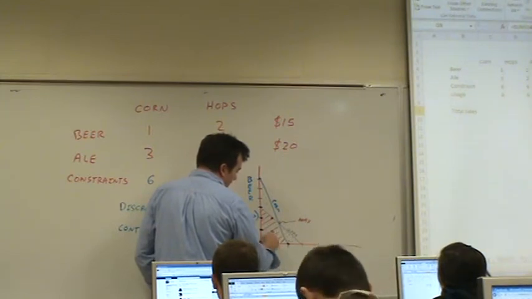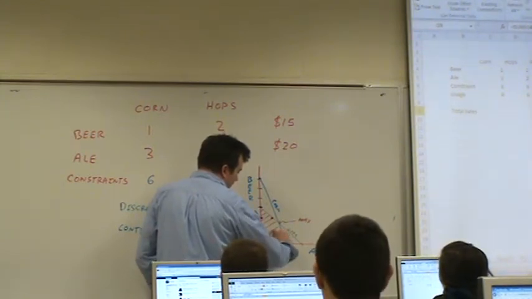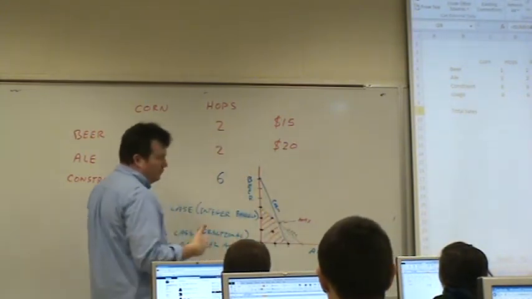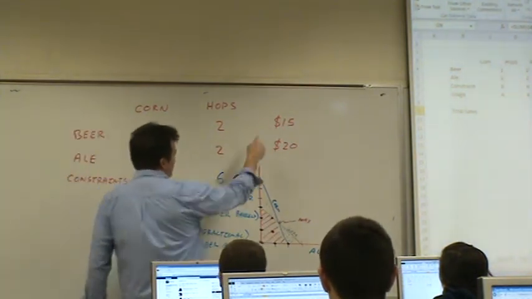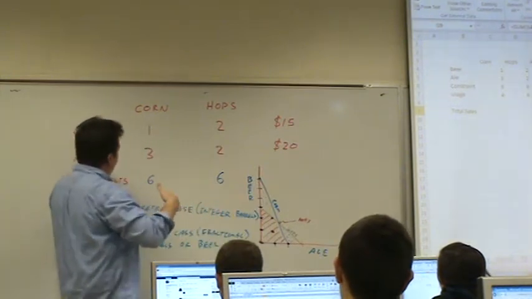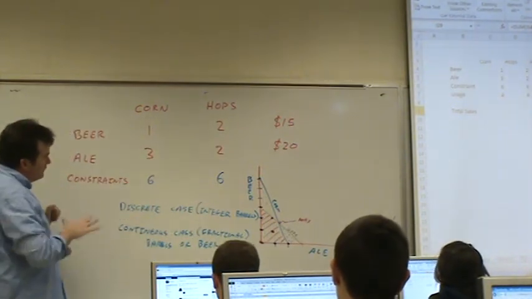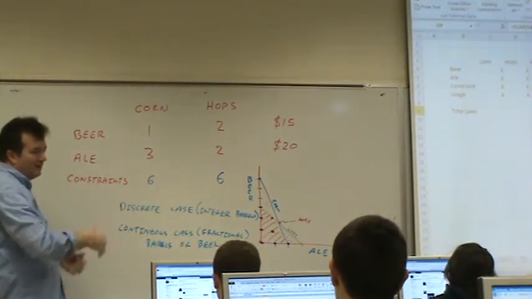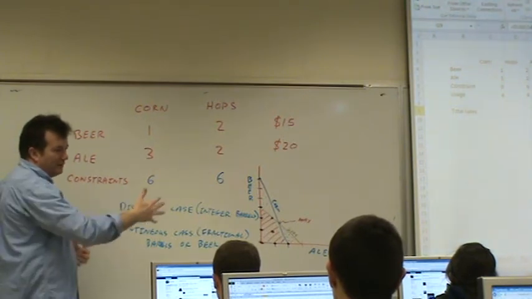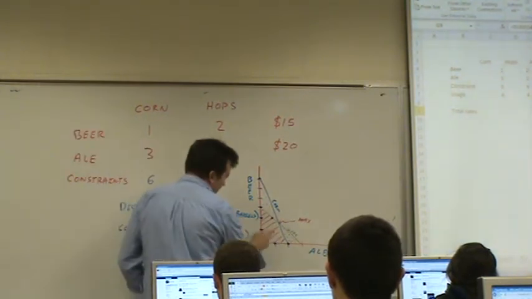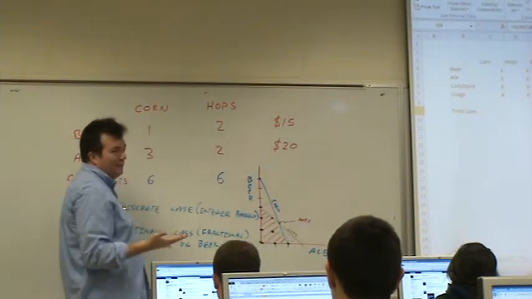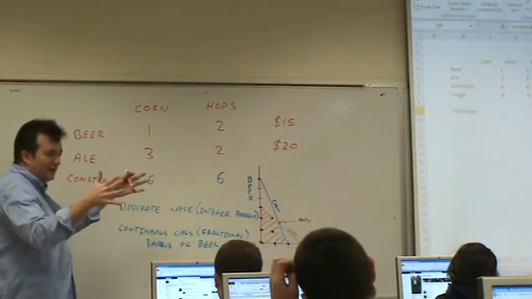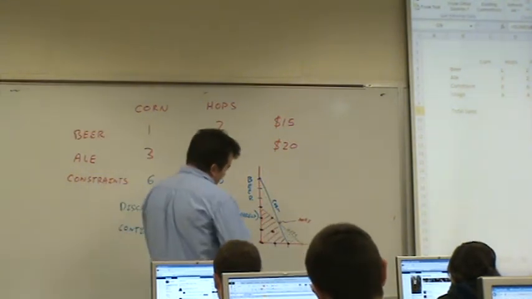Whatever we've made here as far as beer and ale, this point is further outside, so we've made more stuff and used more ingredients. So unless one of these became a negative number, like if you keep making beer, you're going to lose more money. As long as they're positive, we would have more money by going to a more external point. Any point you pick here, you could just go this way or this way, and you'll do better, right? As long as you keep getting closer to the outside. Okay, so